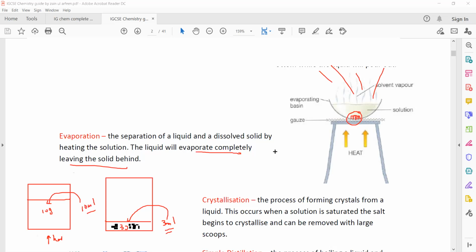In a hot solution, the solid will not form because a hot solution can dissolve more solute than a cold solution. So the steps of crystallization: we heat it to make a concentrated solution, and then we cool it down. When we cool it down, crystals will form, and these crystals can be removed by filtration, or you can just take a large scoop and take them out. So the difference between evaporation and crystallization: in evaporation, all